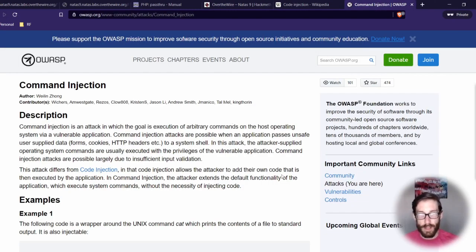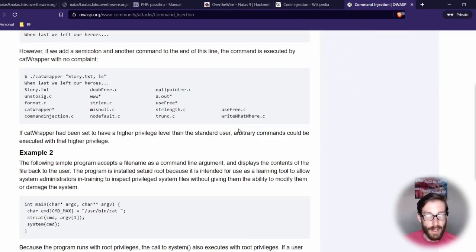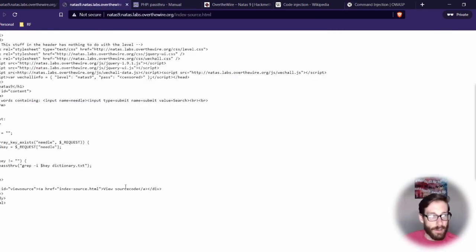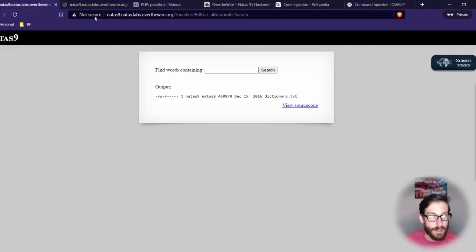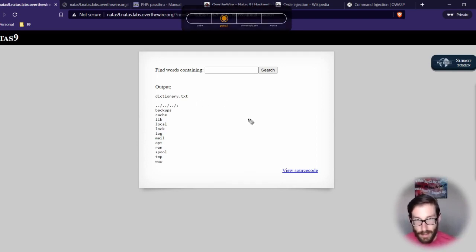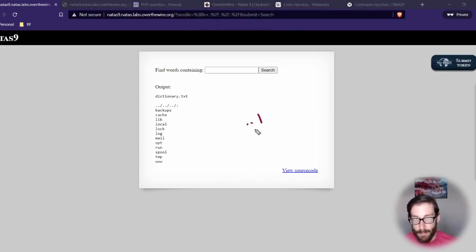Then I actually came to the OWASP section and read more about command injection and things like that. I wanted to figure out what specifically I needed to do to get where I needed to get, and I wasn't necessarily sure where I should go. So what I started doing was just going backwards up the tree. That's the directory path reversal that I mentioned previously. If I do some dots and slashes, what each of these is doing is basically taking me back a directory. Every time I do a dot dot slash, it's going to take me up the tree.